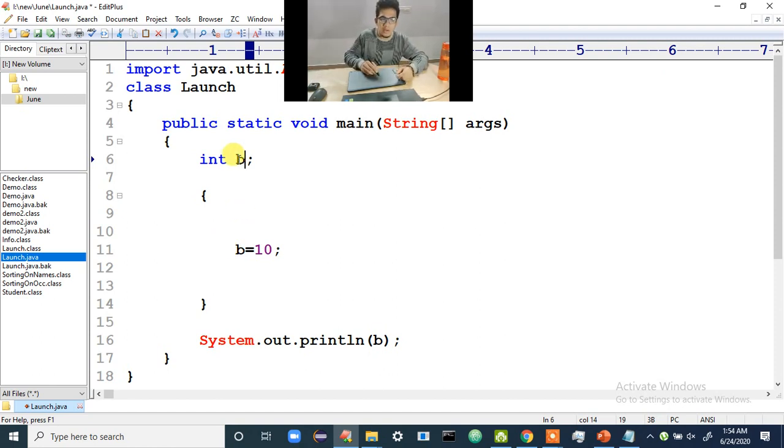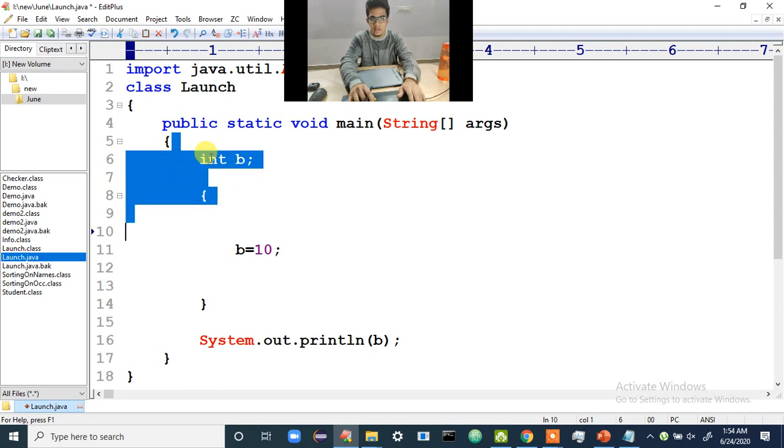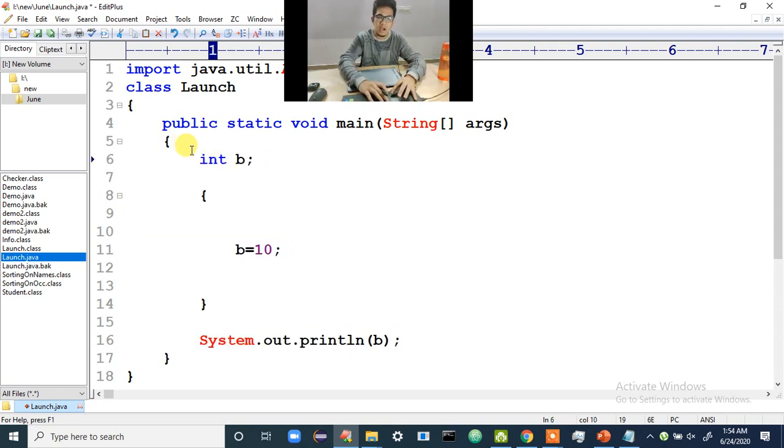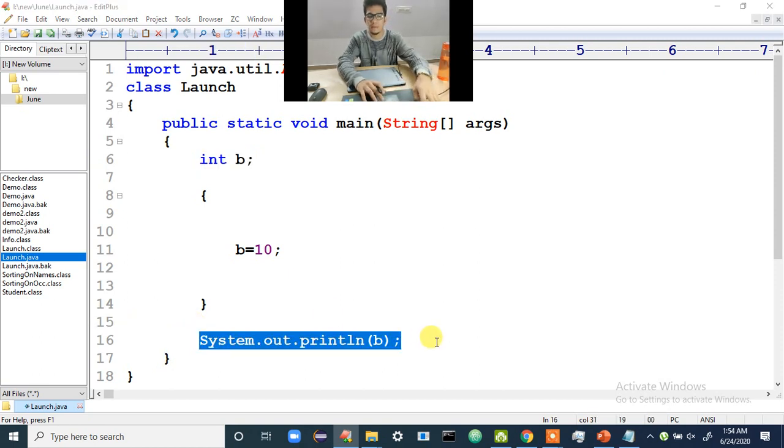Okay, now you have declared b, right? As soon as you declare a variable, you have to go to the top and search for the first opening bracket. Yes, this is the first opening bracket, and you have to search for the first closing bracket. So this is the opening bracket, and the closing bracket of the main method is this. So that b is accessible throughout this main method, which means, can I print b? Yes, you have declared b here and you are printing b here, so it is no problem, right?